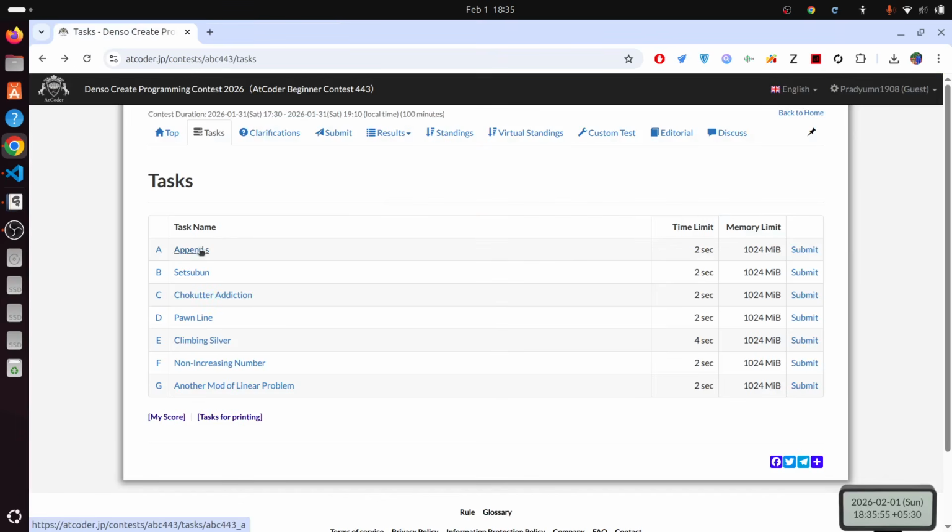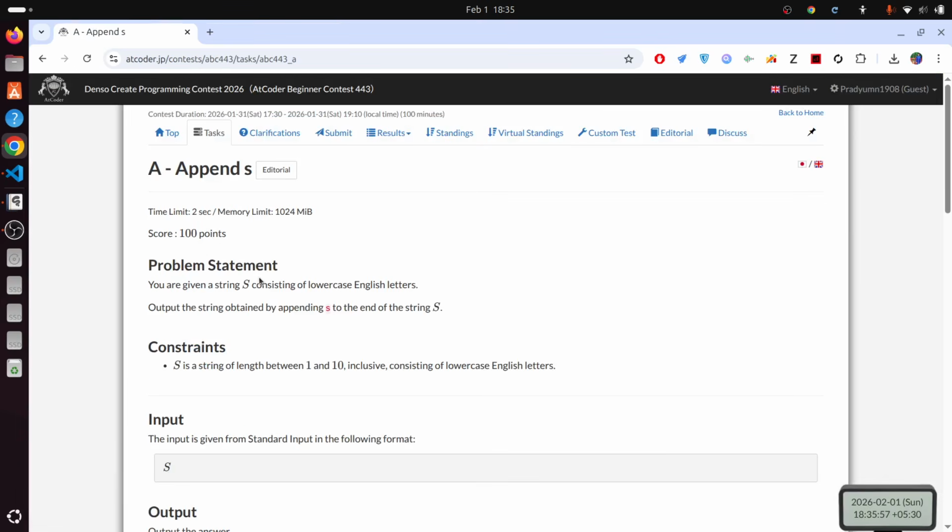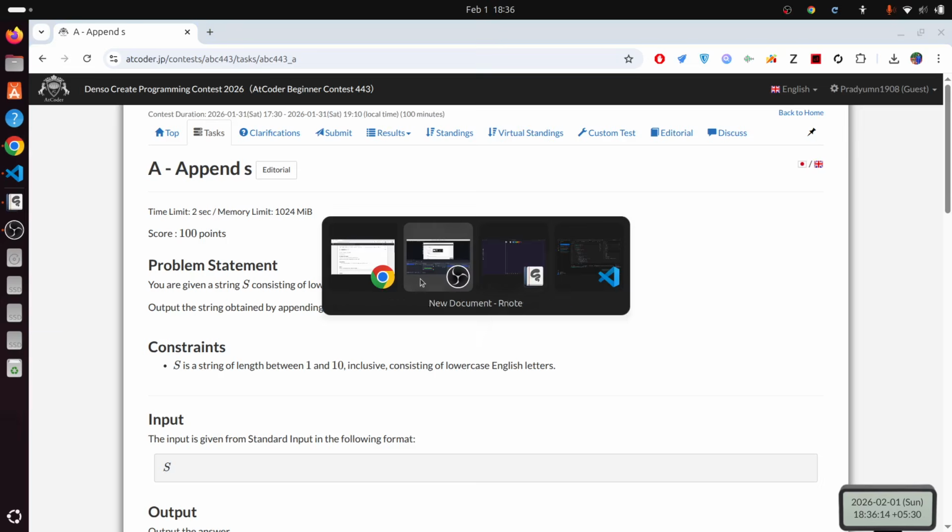So let's start with the PCD now. So this was the first problem. You are given a string S consisting of lowercase English letters. Output the string obtained by appending S to the end of the string S. So this is a problem. Like, I don't know why it is a problem, but it is a problem that we have been given a string S,